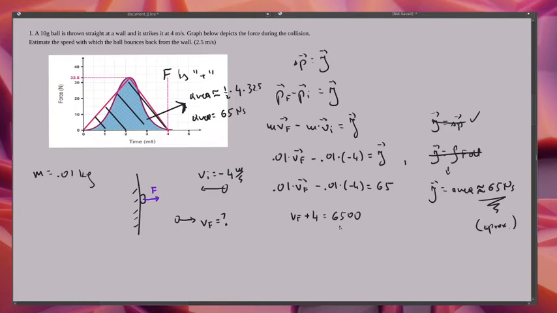Yeah, about right. So what I get here, final velocity,